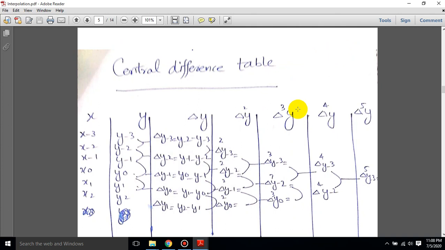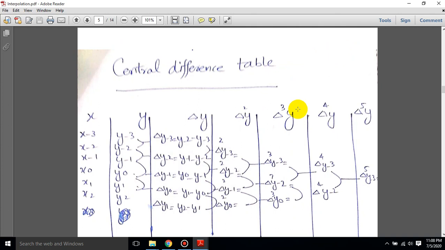In this lecture, we're going to find how we're going to get the central difference table, because this table is very important as far as our coming numerical techniques in interpolation are concerned. So first, we're going to define how we're going to get the central difference table. Remember this table, the central difference table that we are talking about, we're going to use it in different numerical methods techniques as far as interpolation in numerical methods is concerned.